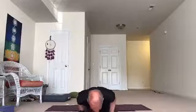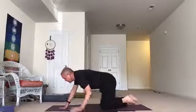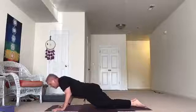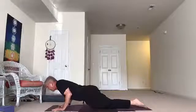Coming forward with an inhale, coming through with this kneeling plank. Nice. Easing up and back. Let's do that one more time. So the knees are down, coming forward and down. Yes. Keeping the hips, elbows, and shoulders parallel to the earth,